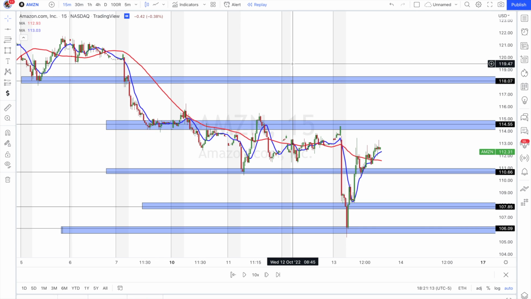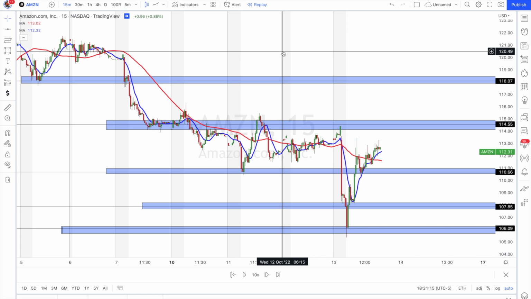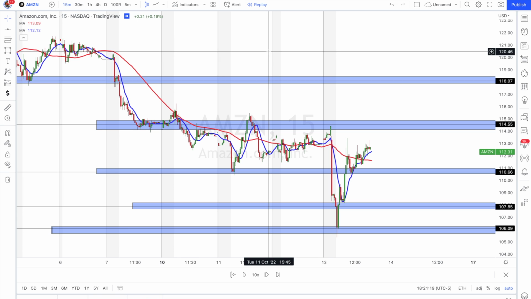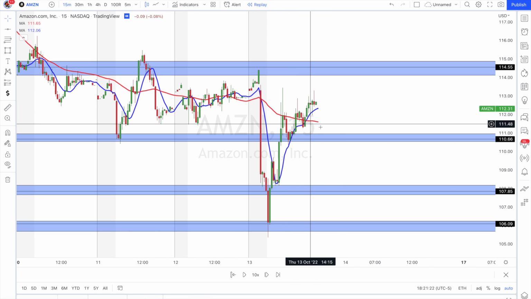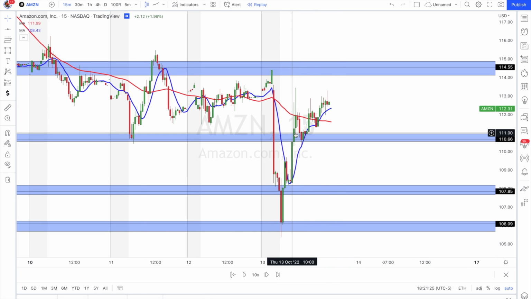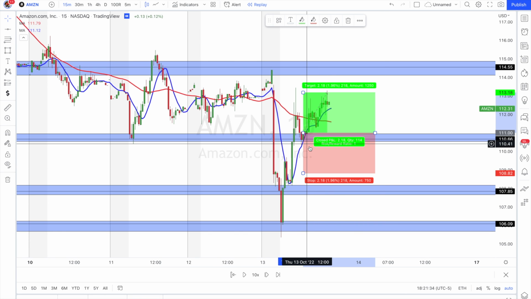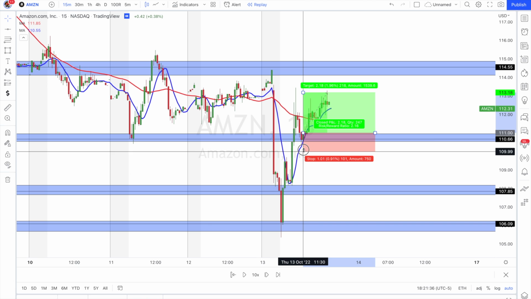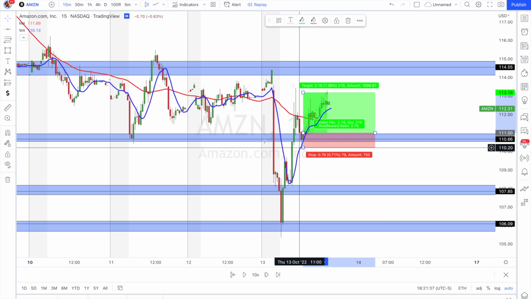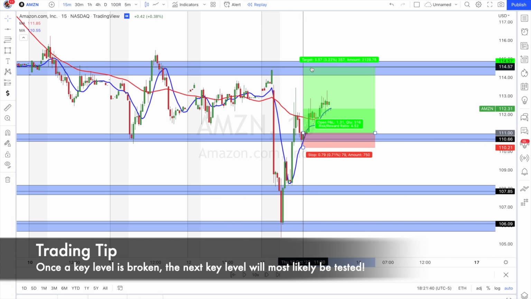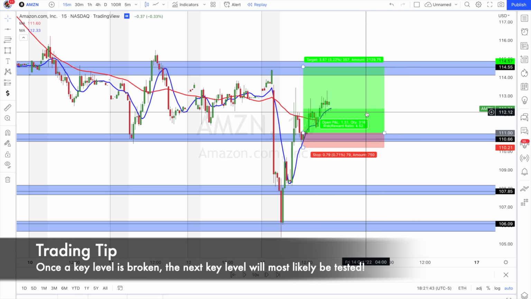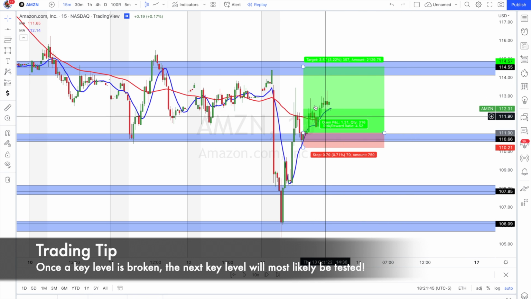All right, so we got Amazon pulled up right here. We're gonna look for another example on how you can buy or sell a trade using these support and resistance levels. So right here we see prices have broken above this 110 resistance level, came back down, held as support. You could have bought right here as we see a bullish engulfing on the 9 moving average. Put your stop loss below this support, aim for this next major resistance level, and you would have already seen